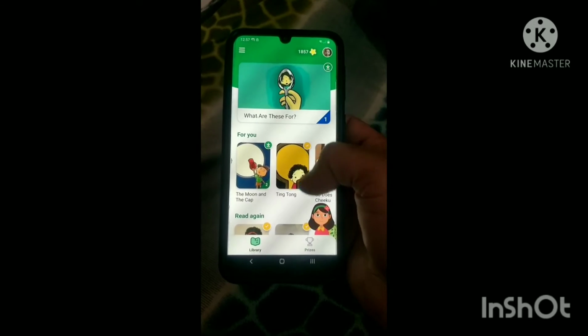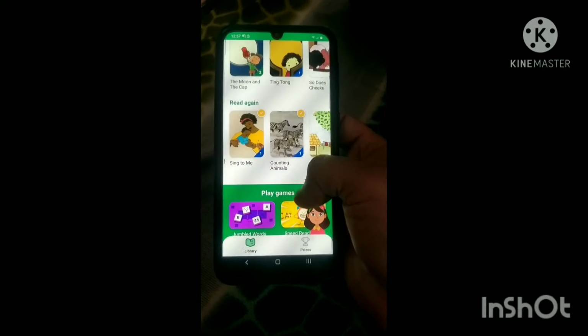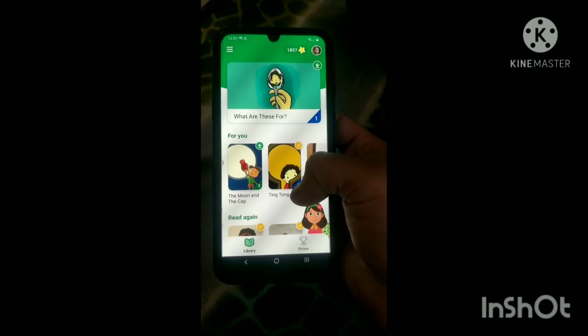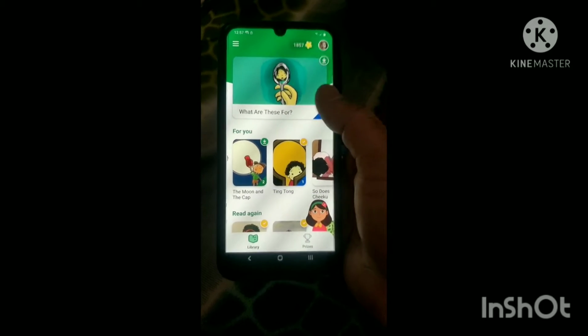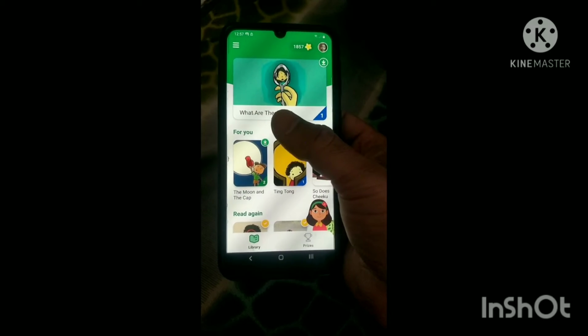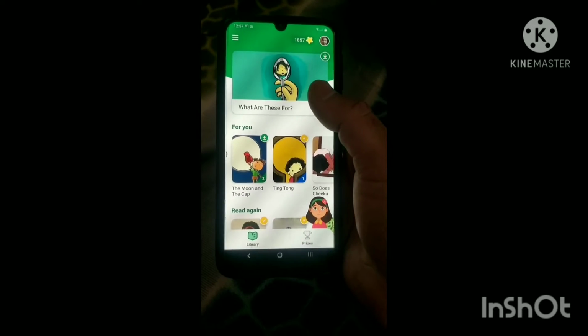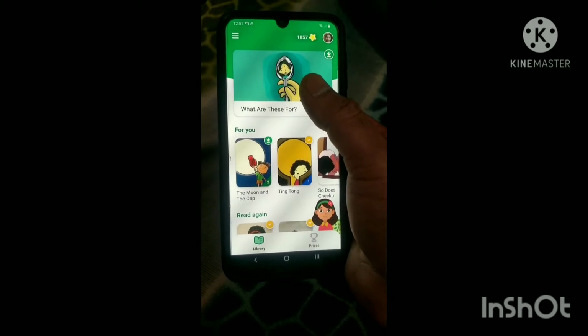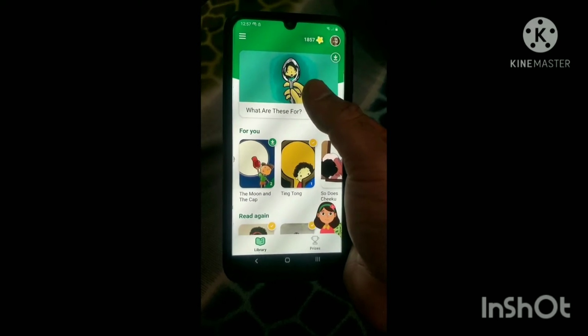As I said, these are the stories which you get, and your kid can start reading. It will suggest the stories that your kid can read, and let me pick up a story and show you how this works.